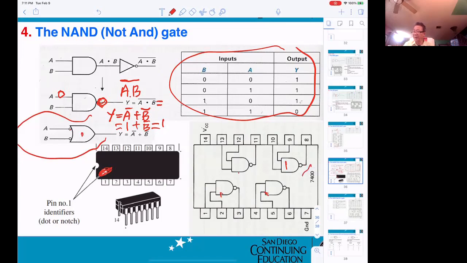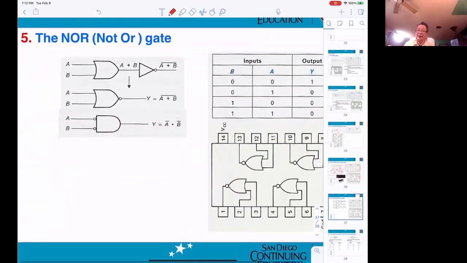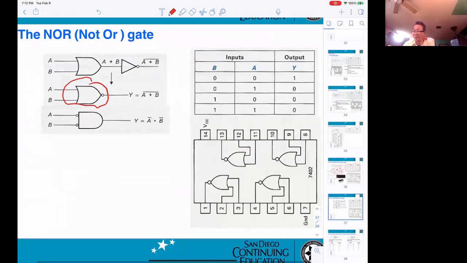The part number here is 7400. Not all gates, no, it means NOT-AND, will be the same thing. That means you see this symbol here. Do you understand it or not? And the NOR part number